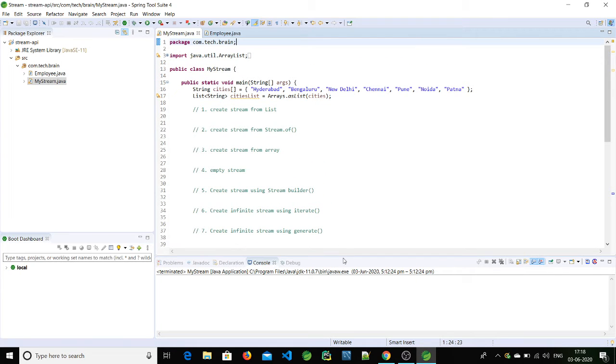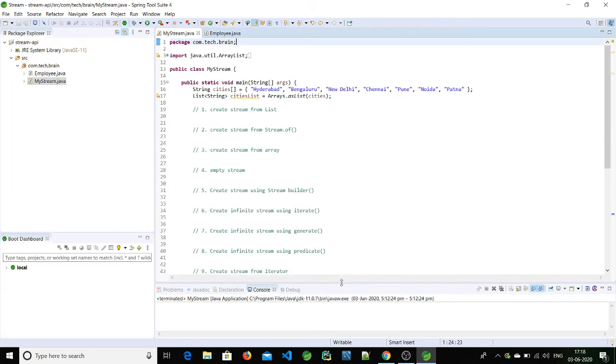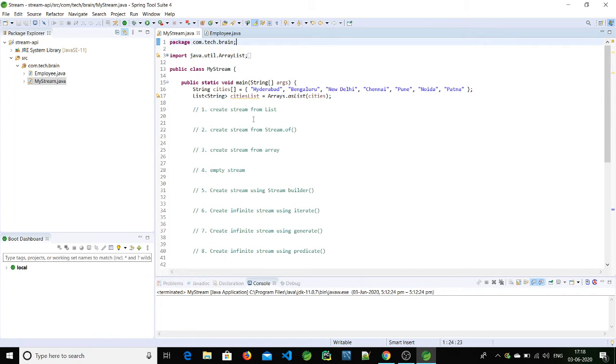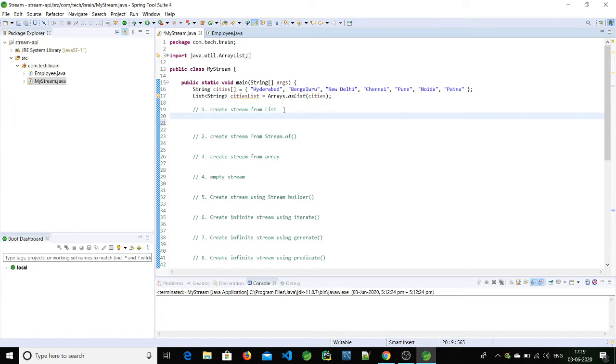Yep. The first one is we'll create a stream from a list. For that I have already created an array of strings, and also a list of strings. So by using that, the first approach is, let's create. Here we have a stream method on a collection object, that is on the list object.